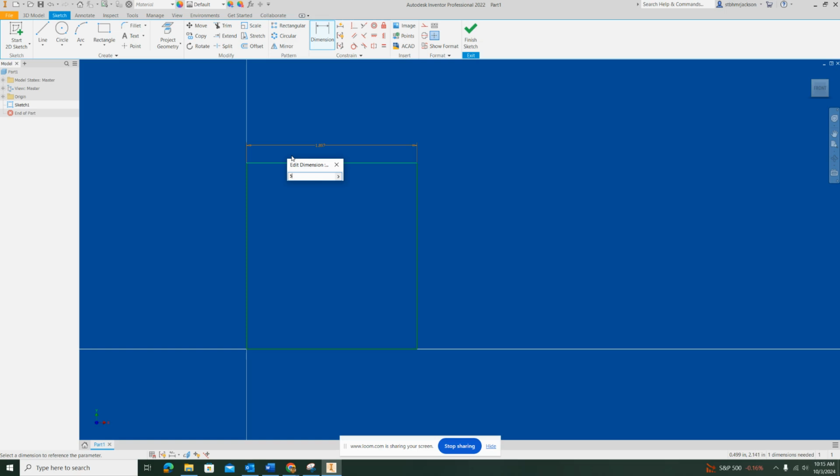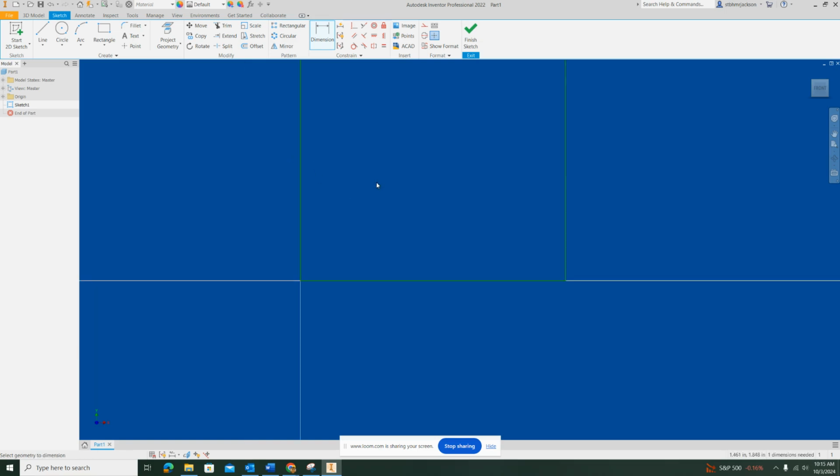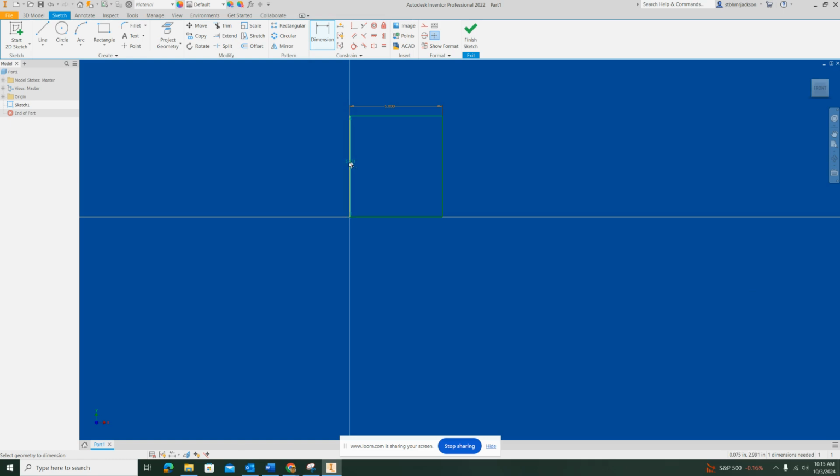So I'm going to change this to 5, and I'm going to do another one here. I'm going to change this one to 5. So you can pretty much make an arbitrary figure and then shape it to the size that you need it to be. In this case, it was the rectangle, which is 5 by 5, which was the size of the base plate. So we're going to finish the sketch by hitting the green check mark,